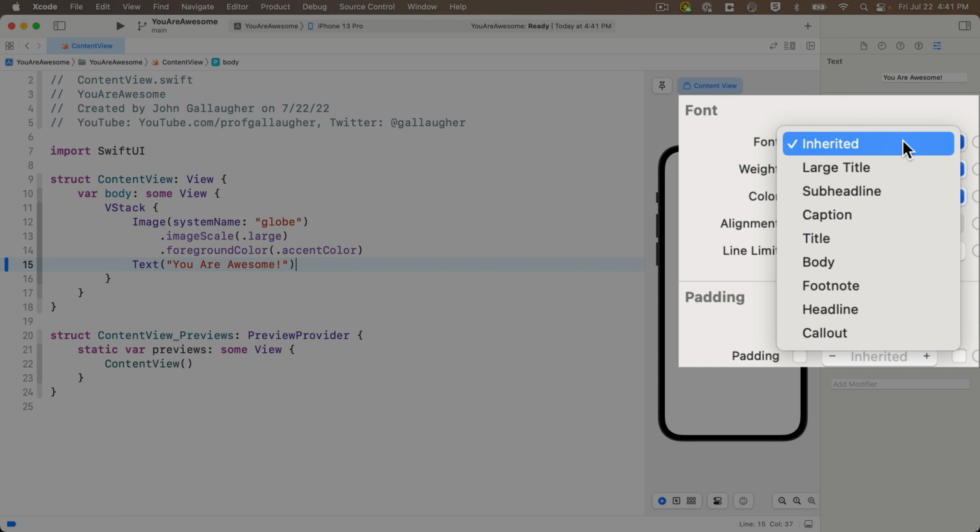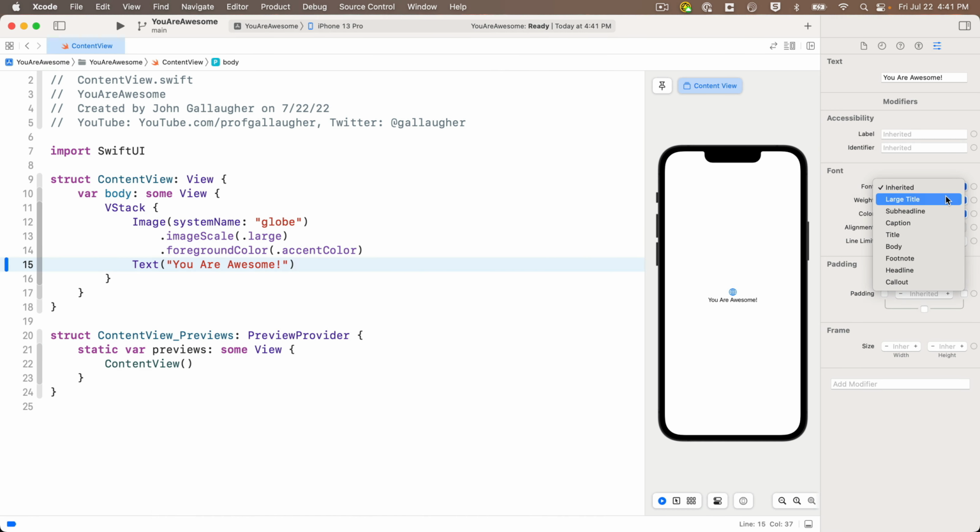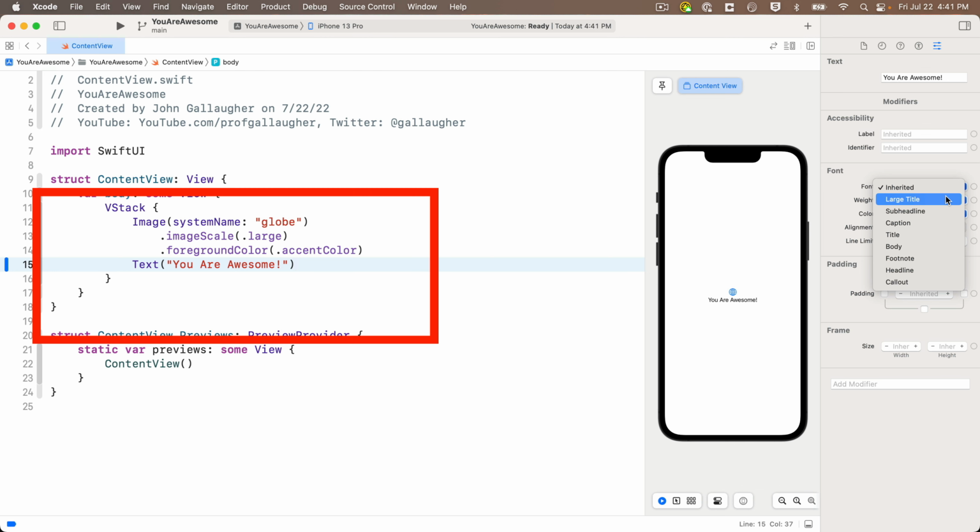Using these fonts has a few advantages, including a guarantee that they'll work well when using accessibility features, like increasing the type size of your iOS device. Now, for the font, since I've got bad eyesight and I very much want to loudly declare your awesomeness, I'm going to select the font Large Title. But before I let go, look at the code over here on the left. Once I select Large Title,